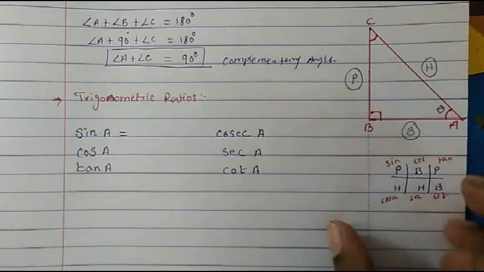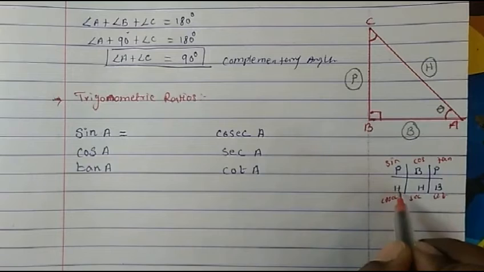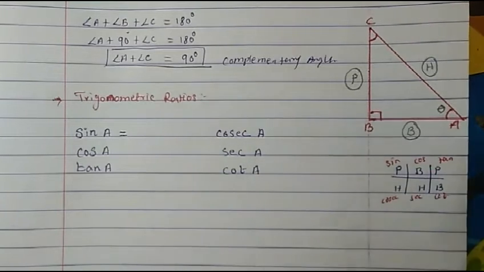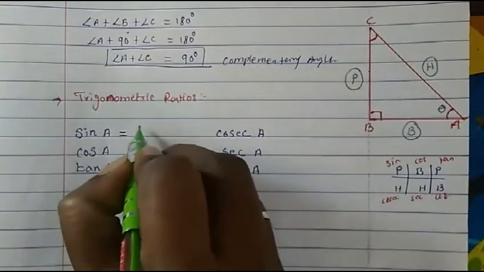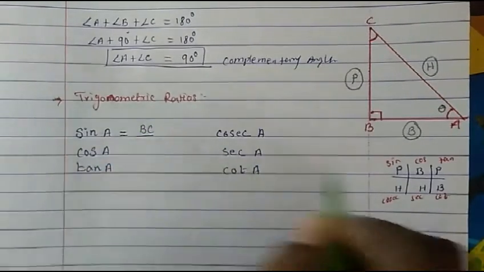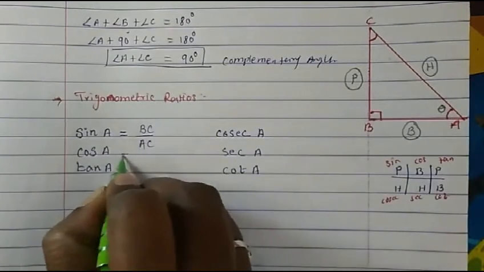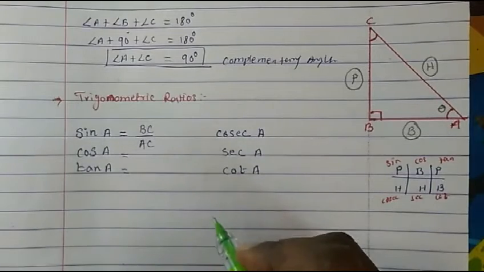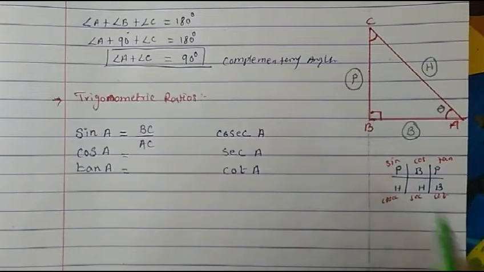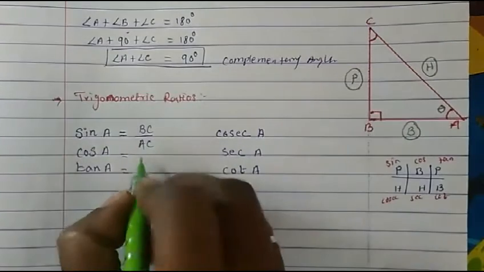Sine means perpendicular upon hypotenuse. Perpendicular is BC and hypotenuse is AC. In the same way for cos A: cos means base upon hypotenuse. Base is AB